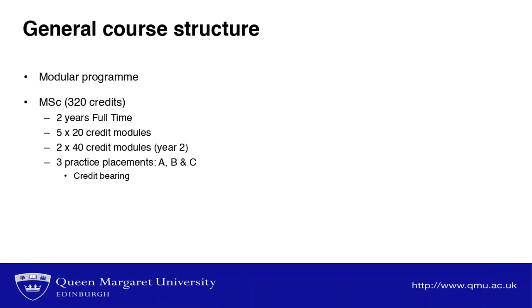So how about the course structure? So the postgraduate course is a modular programme. It is quite a condensed programme and it's quite intensive. So it's quite a full-on couple of years, but it's a very rewarding and interesting couple of years. So it's an MSc. You're required to work through 320 academic credits to obtain the Masters of Science. It requires 2 years full-time